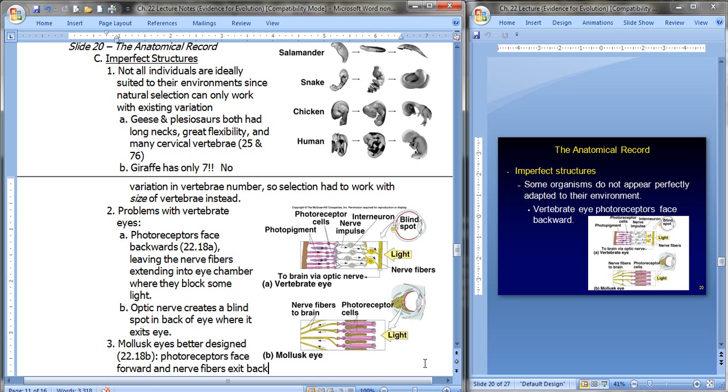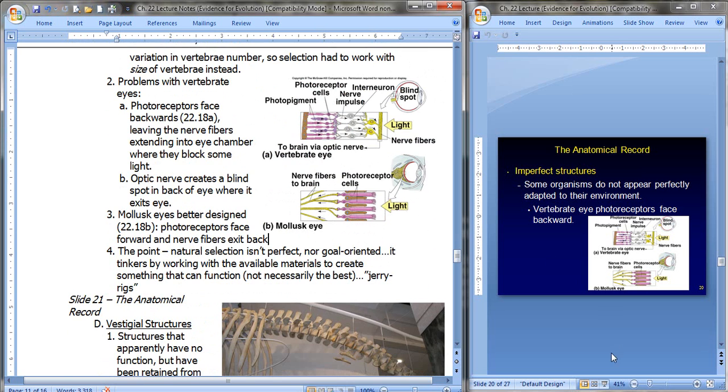Another imperfect structure, a very classic example, is the blind spot in our eyes. Now, vertebrates' photoreceptor cells that are perceiving our light face backwards, or they're more set in the back of the eye, if you will. So this means that the nerve fibers have to exit the back and extend into the eye chamber